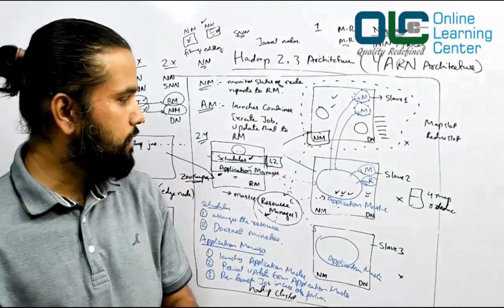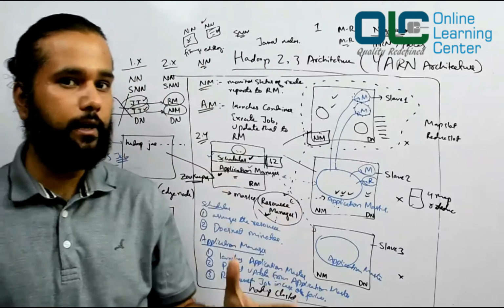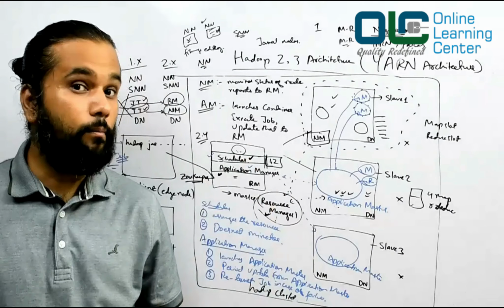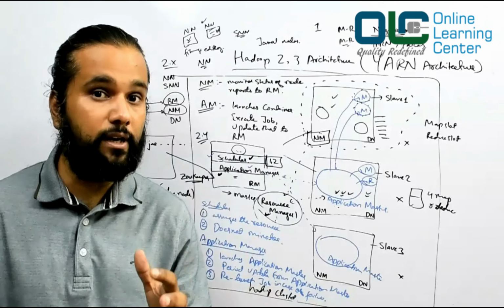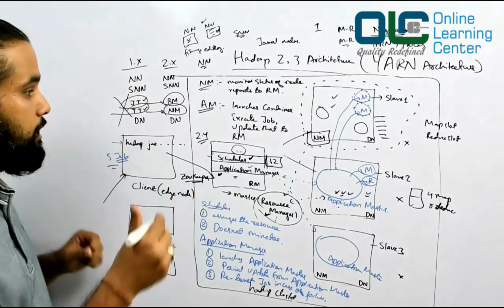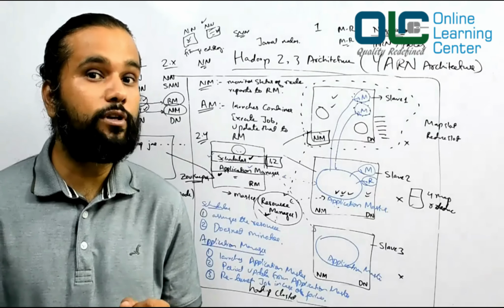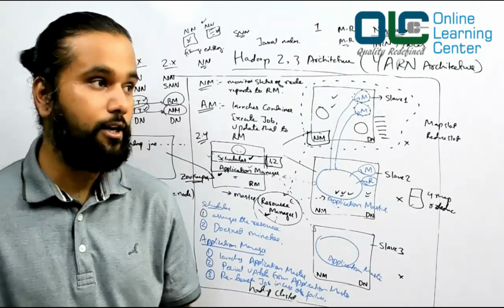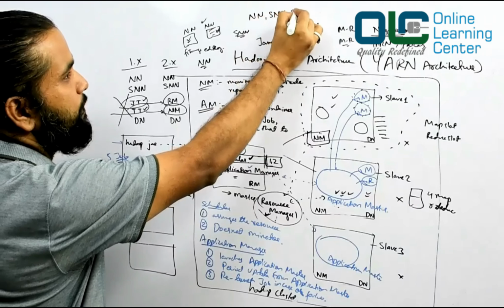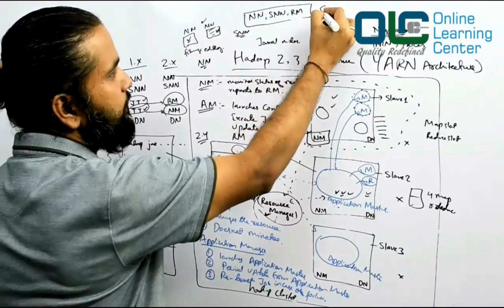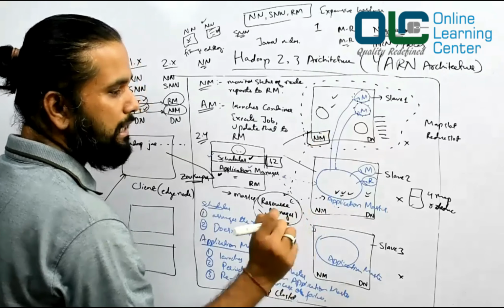Now you may have a question: what would be a typical configuration of the resource manager, name node, and secondary name node? All these are master computers, and remember one thing, all the master computers would be a little expensive. They would be more powerful as well as more expensive, because you really don't want them to fail very frequently. So your name node, secondary name node, and resource manager would have expensive hardware, whereas your slave computers would be cheaper hardware.